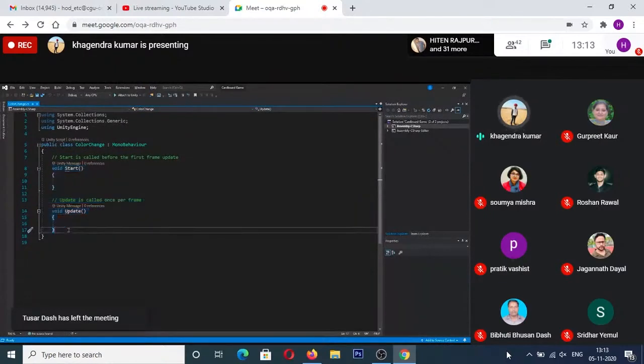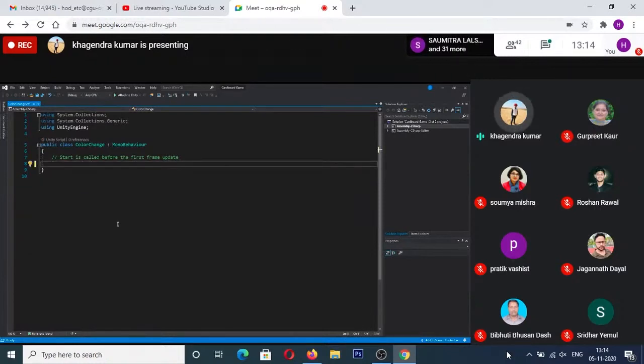So in this class, in this code, actually, I don't need this start. I don't want the code to be starting when the game is starting, or I don't want anything to be changing on every frame, or I am not looking into any physics computation. What I want is just a basic behavior which needs to be invoked when some event is happening. So for that one, I don't need these options.